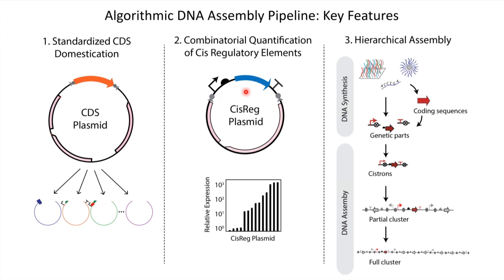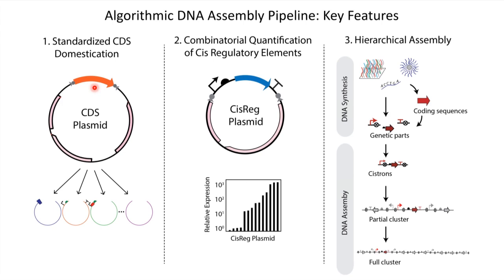We do that by having an intermediate step in our assembly where we introduce a reporter gene to a cis regulatory construct. We measure the expression level of that reporter gene. And then we have a one-step reaction to seamlessly replace that reporter gene with a coding DNA sequence of interest, usually a metabolic enzyme. And that brings us to the last feature of our assembly pipeline, in that we have